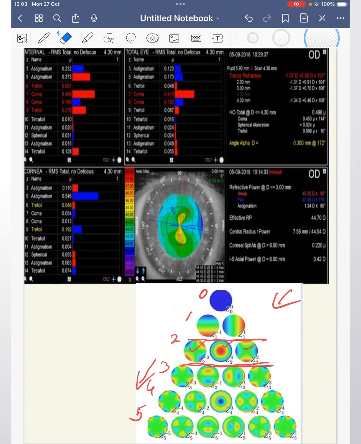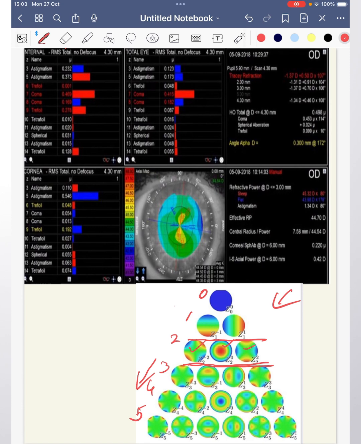In this way, you can take a decision whether you will be implanting the premium lens for these patients, like a diffractive multifocal IOL. Because if this total eye aberration was mostly from the cornea, then it would not have made any sense for the patient, right? But because these aberrations are coming from the lens, and with the cataract surgery the human crystalline lens is thrown out, you could well consider this patient for a premium lens. Now, coming to